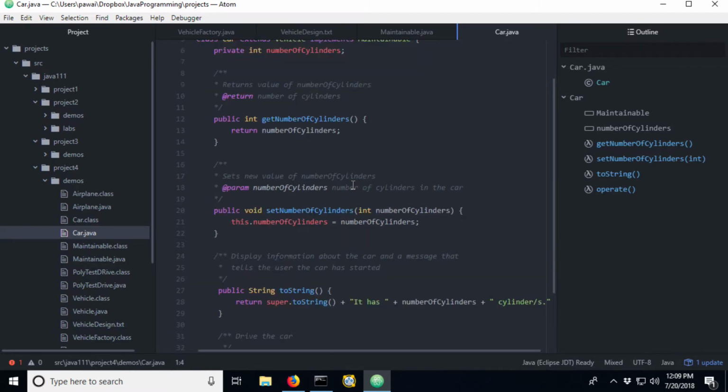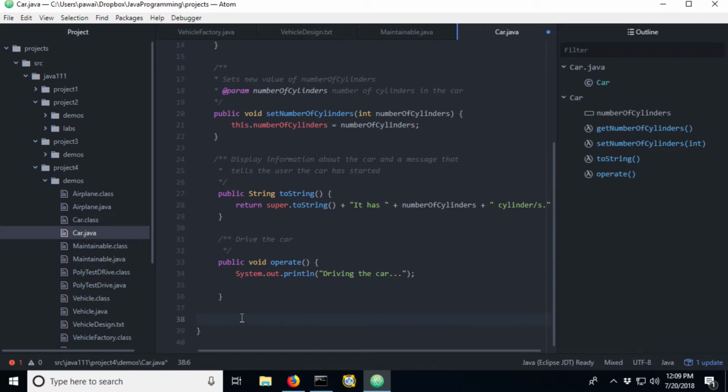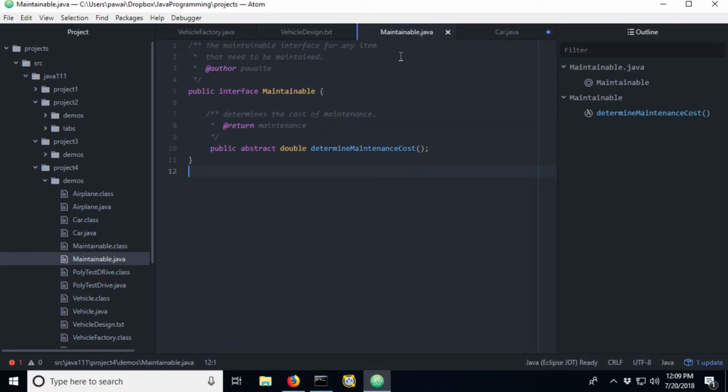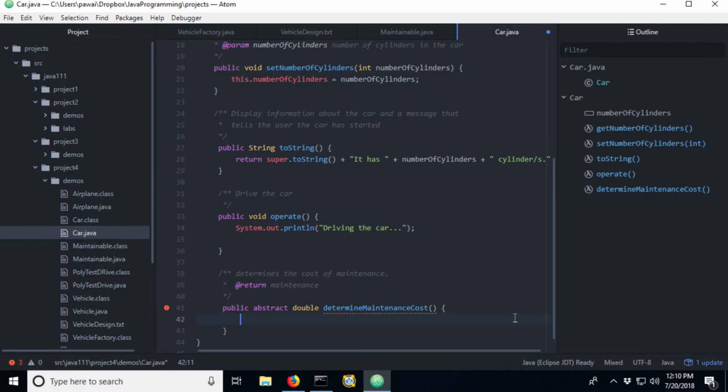So let's go ahead and add that method. And I'm going to do a little bit of copy and pasting here. So the comment really is pretty much going to be the same. And it'll give me the method signature without having to retype it as well. And just swap out that semicolon for my curly braces. And this really should have been maintenance cost. There we go.